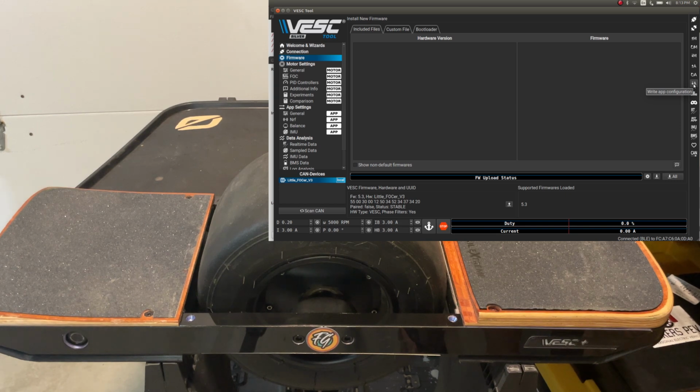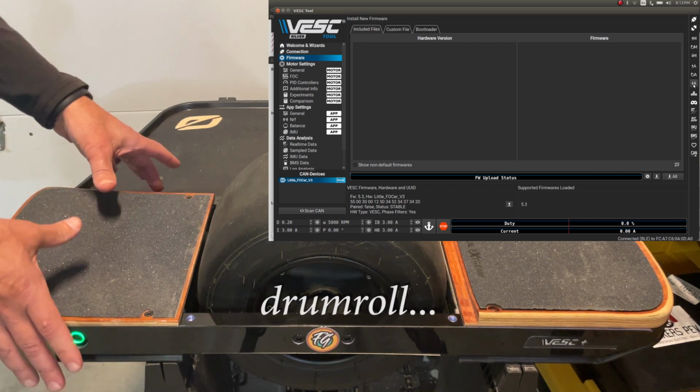And we're going to do the same with the application. When we do the application write, we should also expect the button to change color. Well, same color, just different pattern. So now we know that we're in balanced state, and technically we should be able to just start riding. So I didn't do any kind of detection, no Hall sensors, no IMU, and let's see what happens when I...